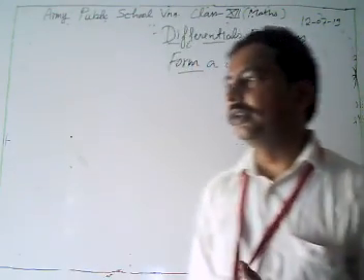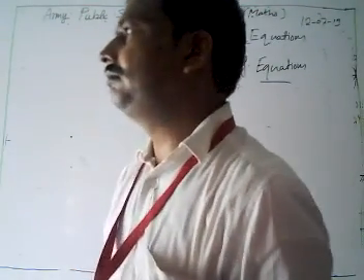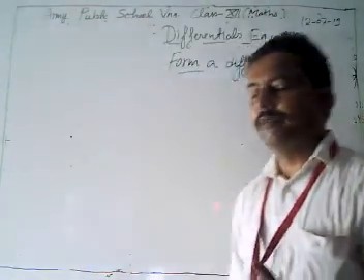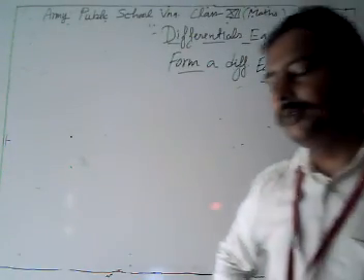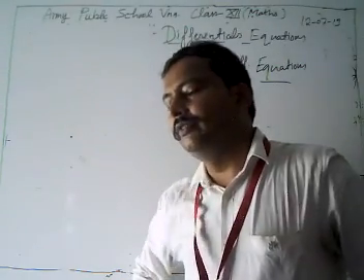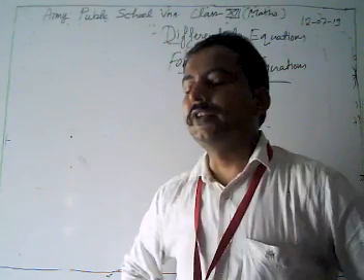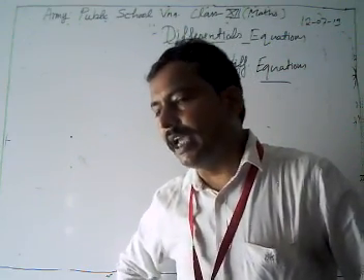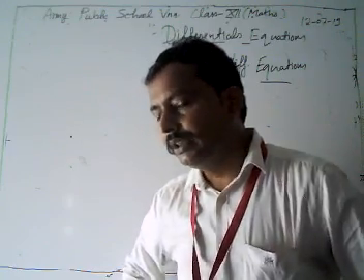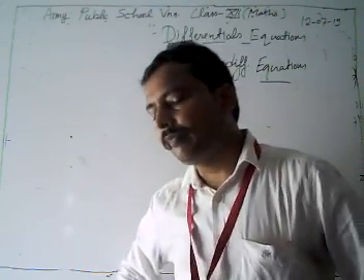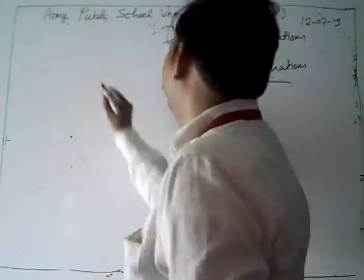Look, we have another example, y is equal to mx plus c. In this equation, we have two parameters, m and c, which are arbitrary constants. Then to make a differential equation of the line y equal to mx plus c, we have to differentiate this equation two times to remove our arbitrary constants m and c. I am just going to explain by showing you.